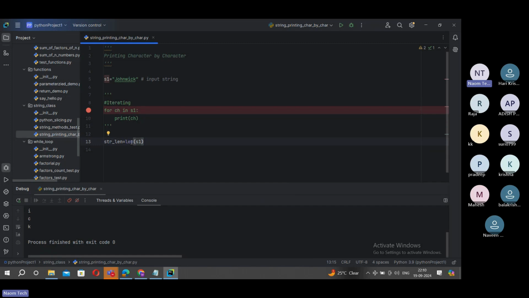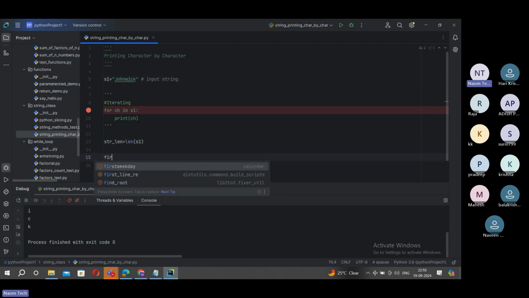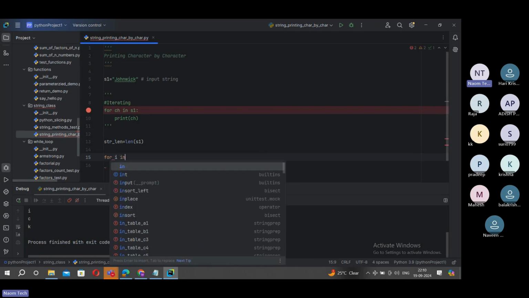And that length in sense, how many characters are there? 1, 2, 3, 4, 5, 8 characters are there. Then this length function returns 8 into this strlen. You got it, right? This finds the length of the string, meaning how many characters are there in the string, and that length is assigned to this variable. Now I am iterating in reverse. How? for i in, or anything you can take